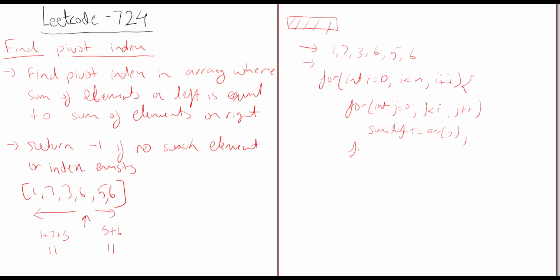And for int j is equal to i plus 1, j is less than n, j plus plus, sum right plus equal to array j, and then temp array of i is equal to check sum left equal to sum right, true